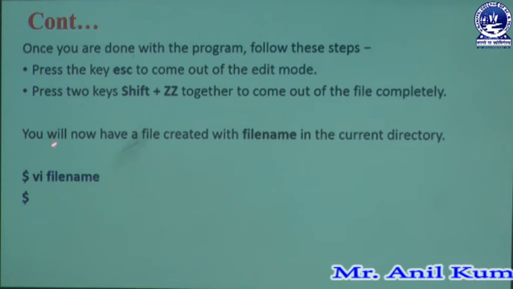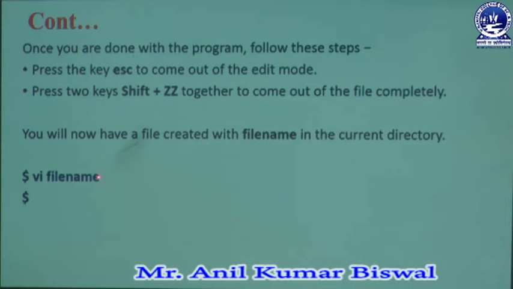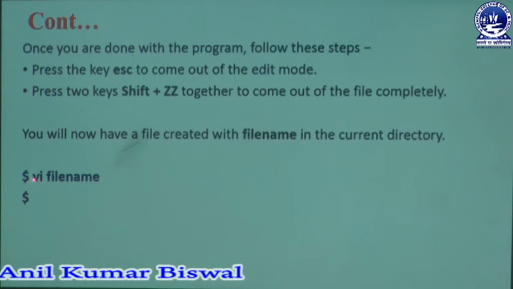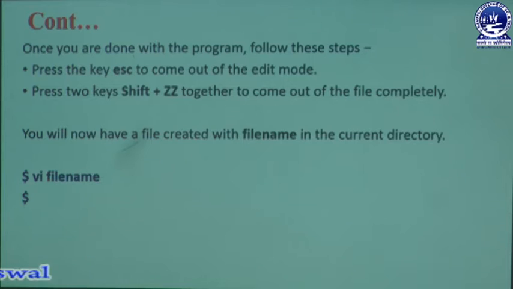In that directory we are going to create a file name with that specific section, and that specific section must be opened through the VI editor. In that VI editor you must write a file name, that may be your success, or anything you can write instead of this file name. If you write the file name, then you get an editor environment, or opening environment. In that environment you may write more than one statement.